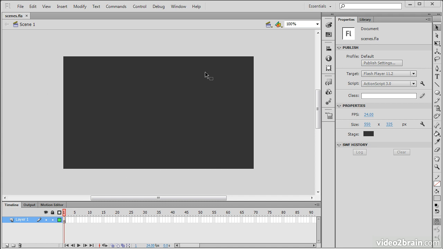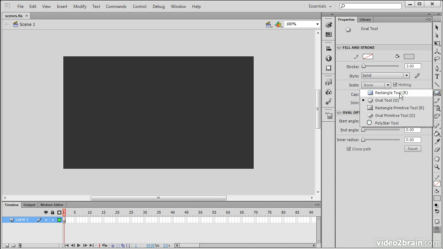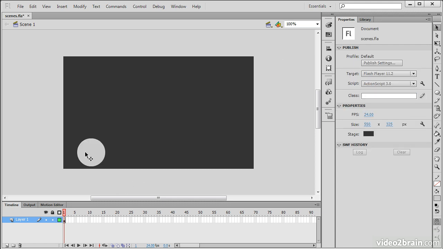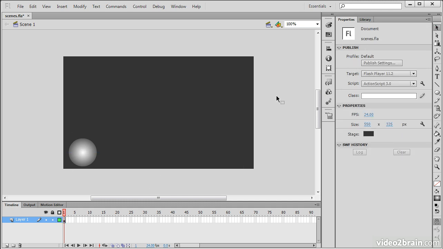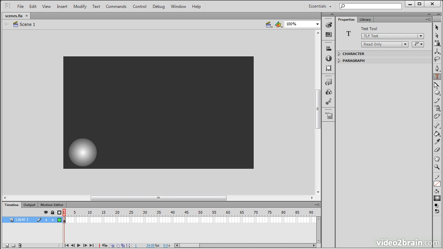So here I have a basic blank document open, and what I will do is actually create a small circle here so that we have something visible upon our stage. And I'll make some basic adjustments, simply using my color tools and the gradient transform tool in order to make it a little more interesting looking. All right, great. So here we have this ball, and what we're going to do is create a sequence of